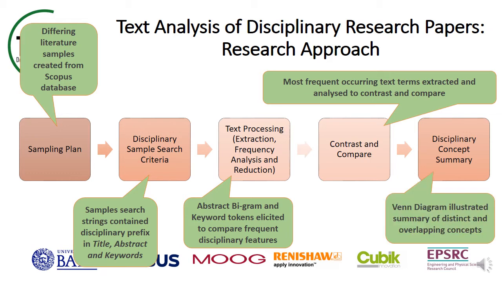Visual presentation in the Venn diagrams of the most frequent concepts enables the terms most significant to each disciplinarity to emerge and a clear view where there is overlap in terms or features. The results support understanding where definitions are clearest or where work needs to continue to clarify such disciplinary meaning.